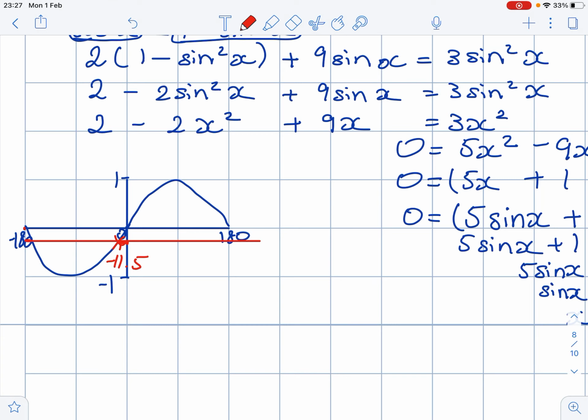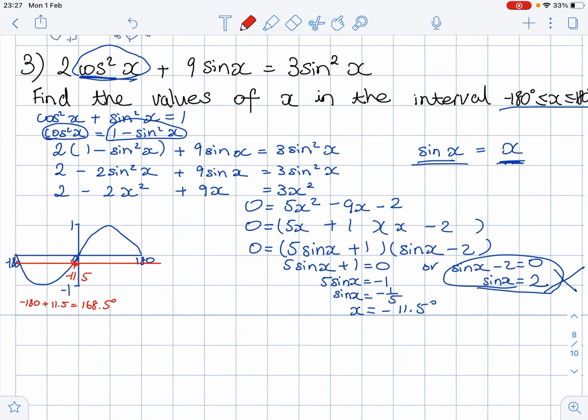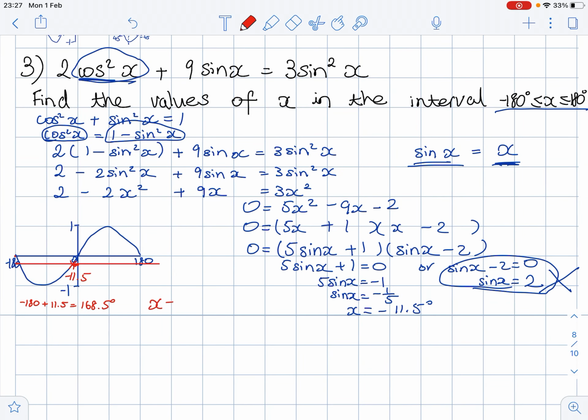So therefore, we need to add 11.5 to minus 180. So we know our solution is equal to 168.5. So we have two solutions for x. So x could either be equal to minus 11.5 or minus